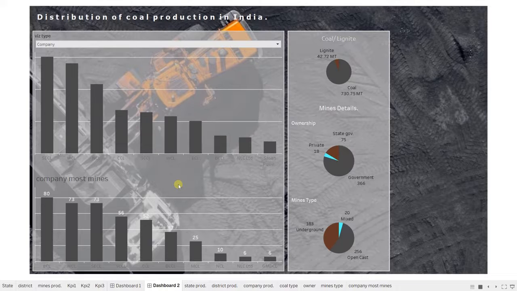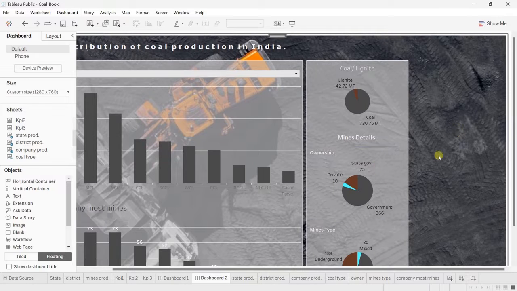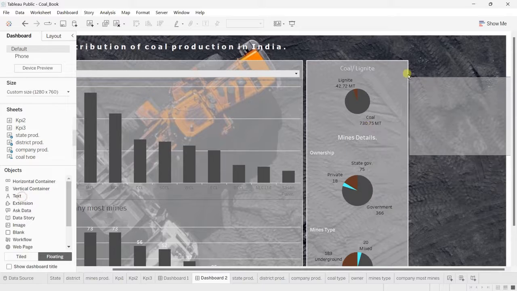I will edit the title for this and this as well, but everything else is to our liking. Now here will be one vertical container and it will contain some important facts about the coal mines and coal production in India and its uses. Okay, so for that I have created a text field, and I'm going to insert a floating text box and then enter those values in here. So we will first of all drag a text element here,